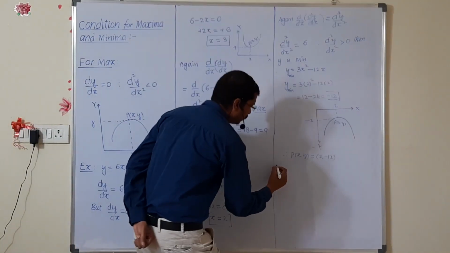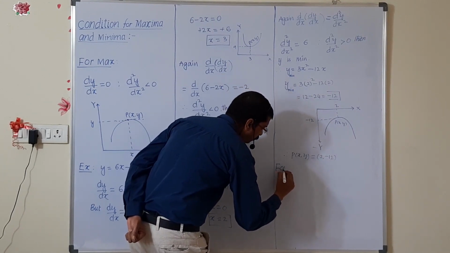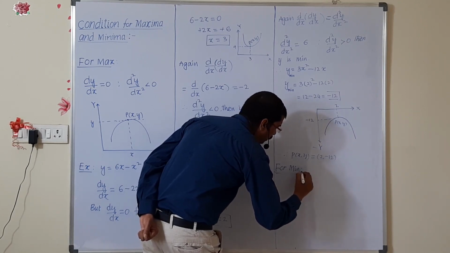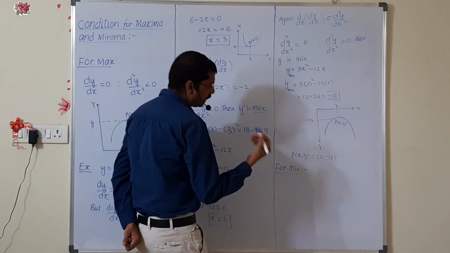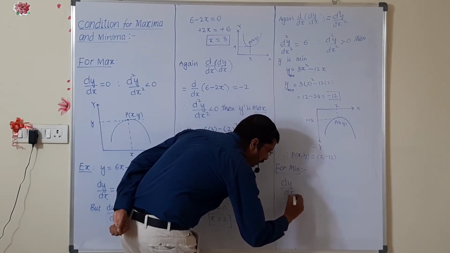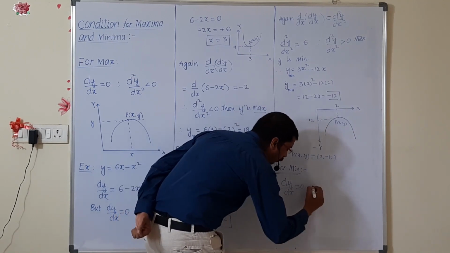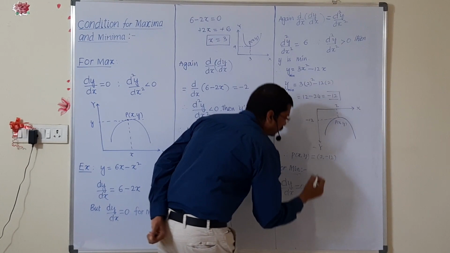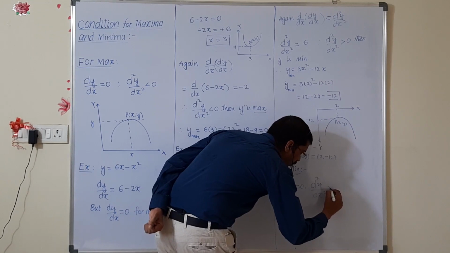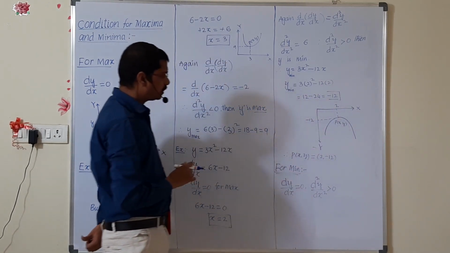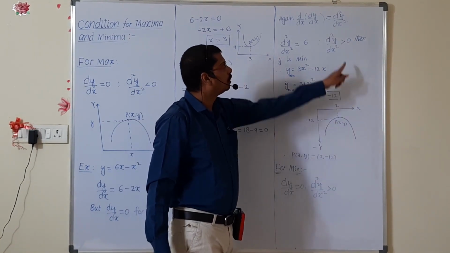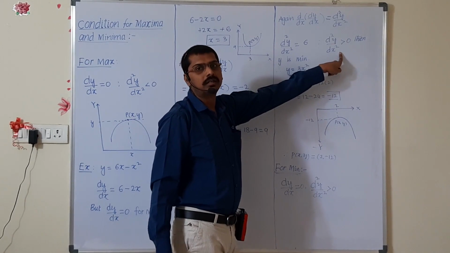Now here I am writing down the condition for minimum. Second one we are going to discuss. Condition for minimum, what is that? Again, the first differentiation, either for minimum or maximum, the value is 0. Now what is the condition? Already we have discussed. This is the condition: d²y/dx² greater than 0. This is the condition for the minimum value. Whenever the double differentiation is greater than 0, that value will be the minimum value.